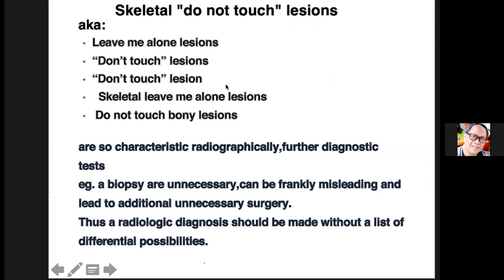And usually, perhaps one clinical clue of a possible worsening of the condition is when there is already pain. Pain can indicate many things. Of course, one common reason for that is there could be a pathologic fracture, or among other things. But when the lesion is painless, then you tend to be a little more cautious. But when there is already pain, then you have to investigate further. So these skeletal do not touch lesions are so characteristic that you don't need to do further diagnostic tests,